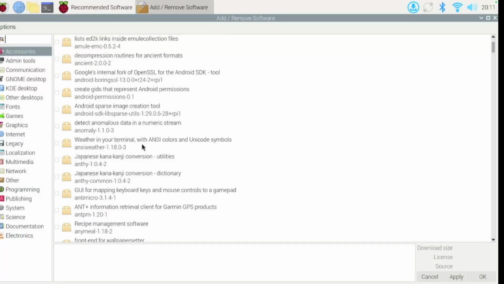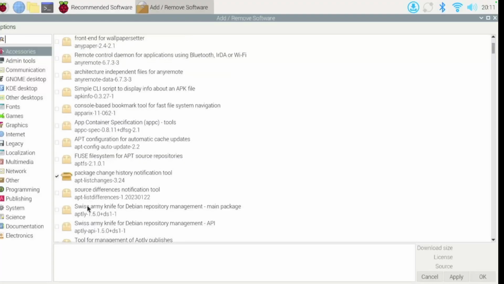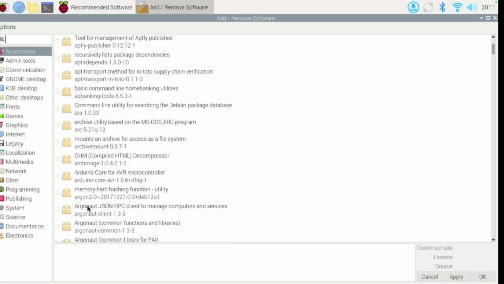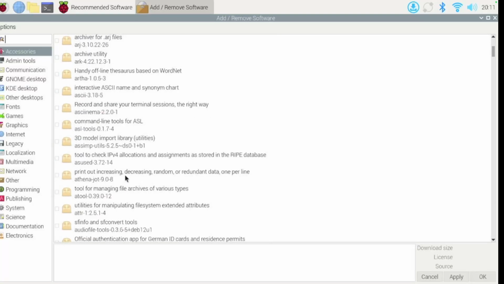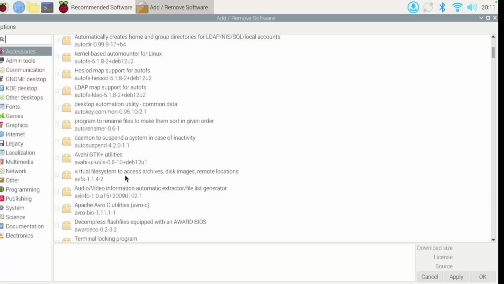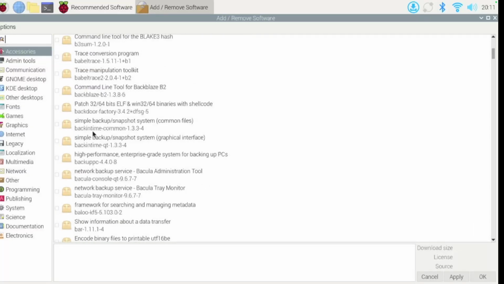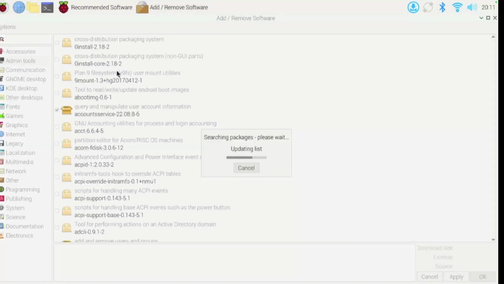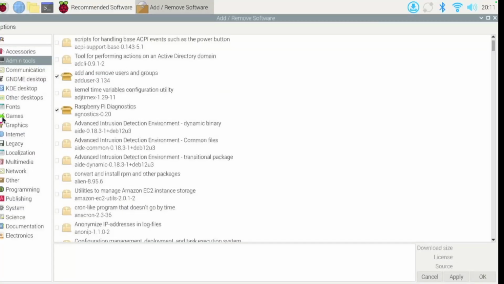So weather in your terminal, you can have weather, Japanese, graphical user interface for mapping, keyboard keys, Arduino packages, audio video information packages. You've got admin tools, I'm not going to go through each one of these, but let me give you another